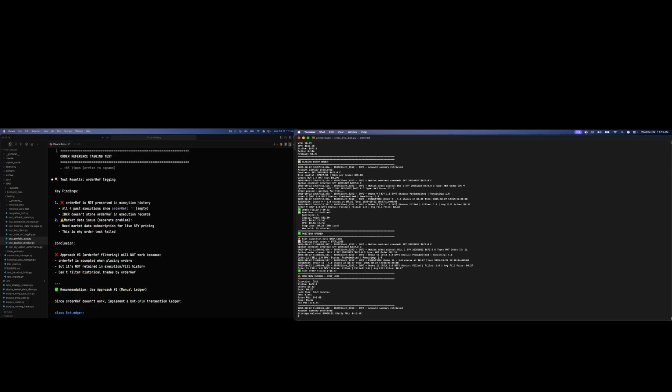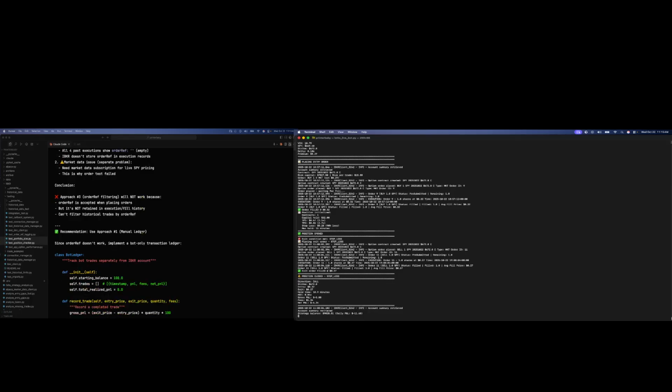Order reference is not preserved in the execution history. All past four order executions show the reference empty. IBKR doesn't show the order reference in the execution records. The market data issue is a separate problem. Need market data subscription for live spot. Okay. Since that doesn't work, track from